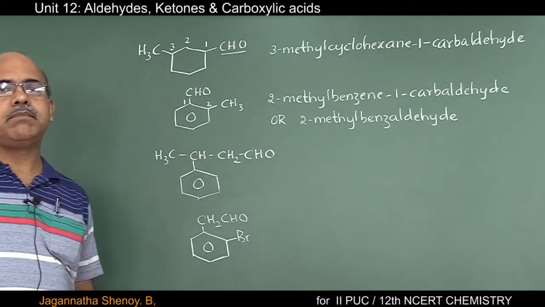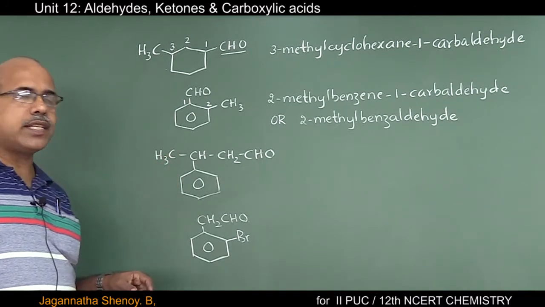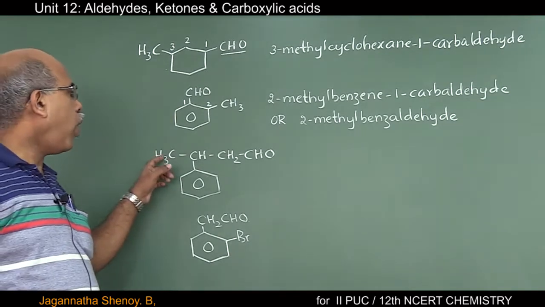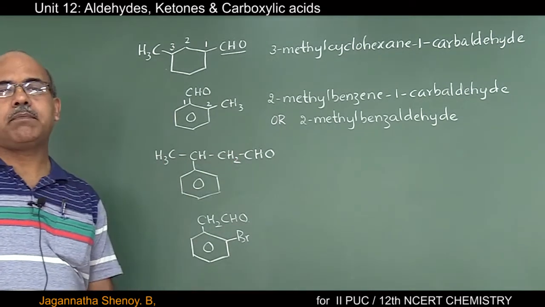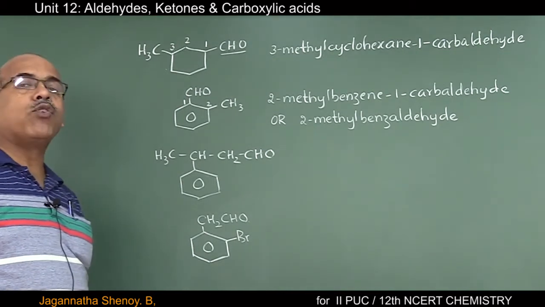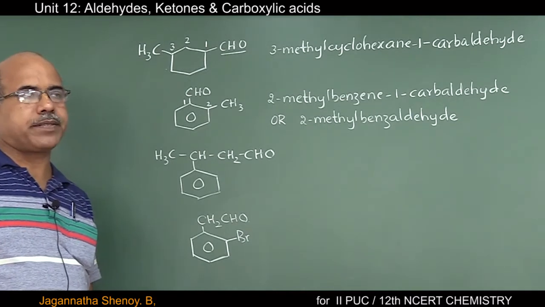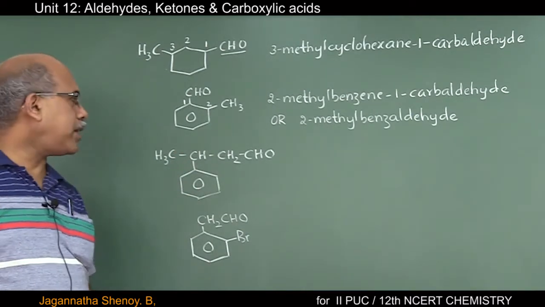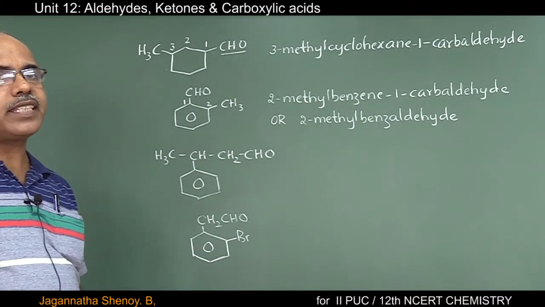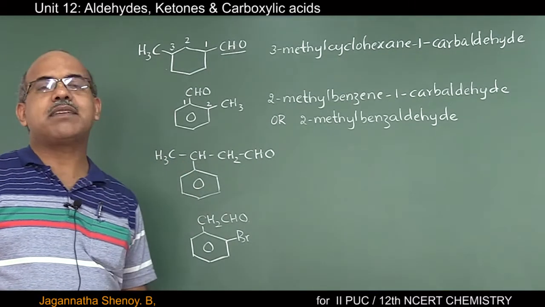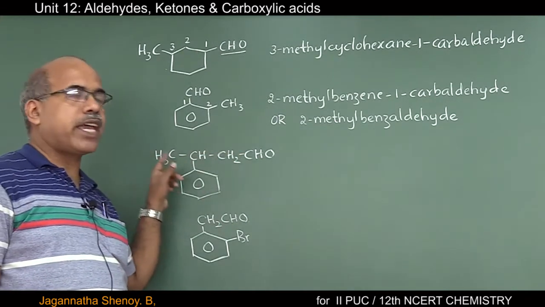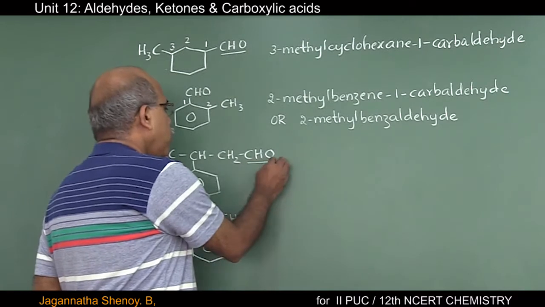Moving over to the next example. Here the question is whether benzene should be taken as the parent hydrocarbon, or whether the open chain part should be considered as the main compound. For that, generally we go for counting the number of carbon atoms. So the ring system has 6 carbon atoms, whereas the open chain has 4 carbon atoms. In all other cases, we would have considered benzene as the parent hydrocarbon. But you have to notice that in the open chain, you have a principal functional group.